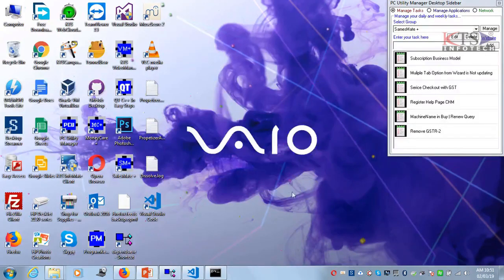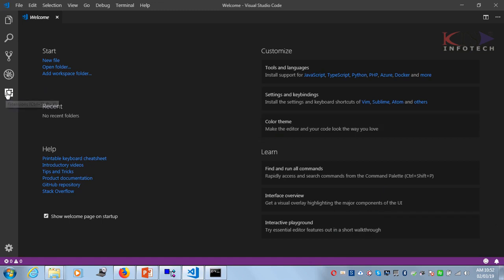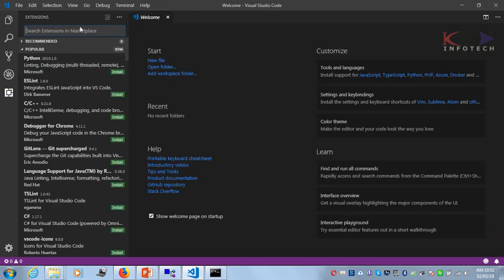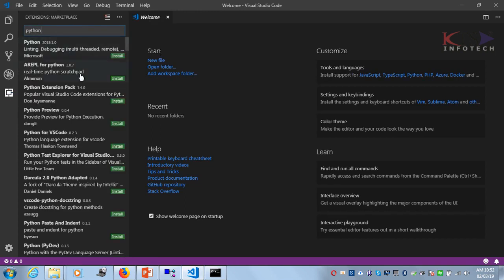For the time being, let me install the Python related components for Visual Studio Code. Click on Extensions, then type Python. You might see a lot of Python related items here.